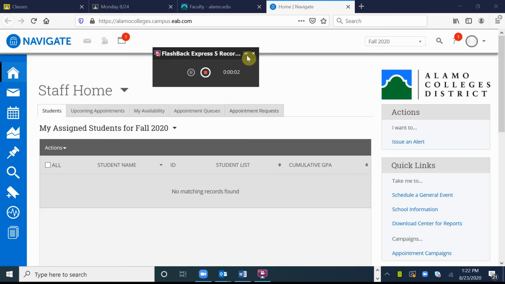Alright guys, I just want to go through a quick tutorial on how to input any tutorial sessions or any one-on-one sessions that you may have with a student while you're working through your Zoom link or in your SI sessions, etc. So first step would be to go to